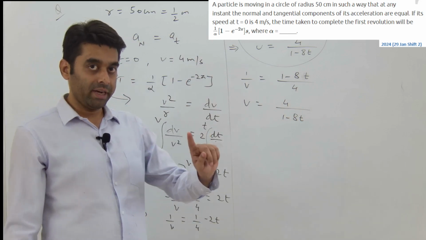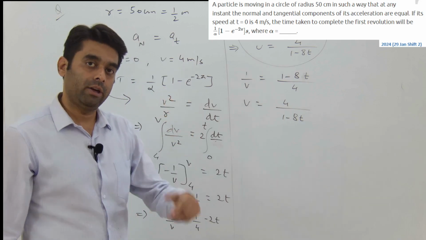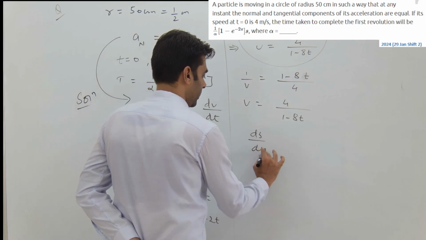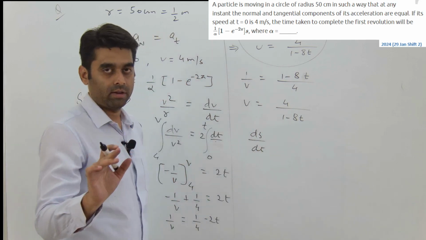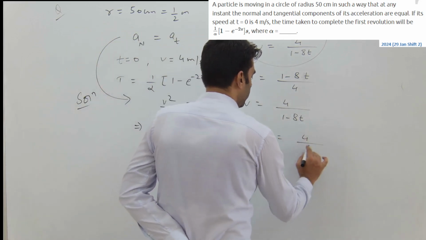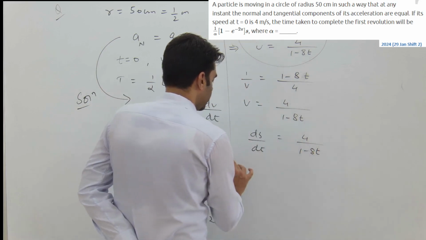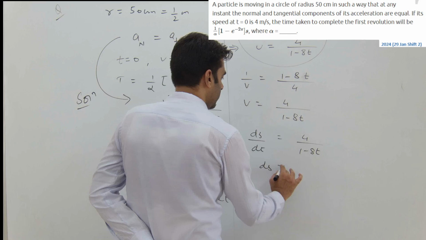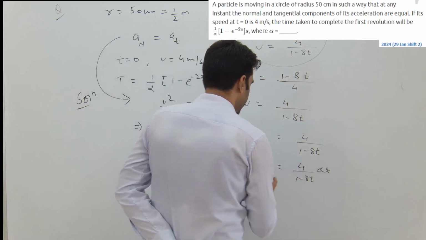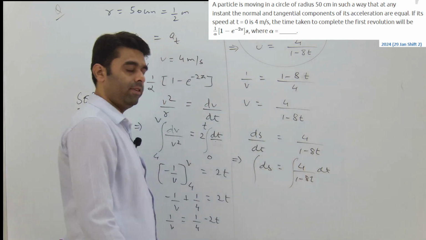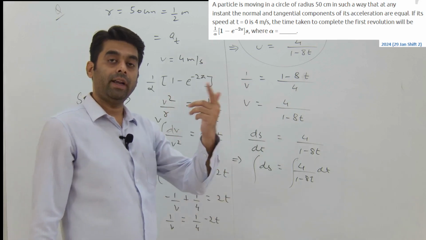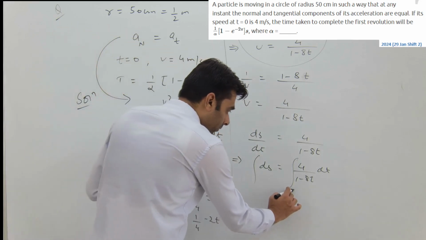We have got speed. Speed can be written as the rate of change of distance, which is ds by dt. I have taken the variable as s. So ds by dt is equal to 4 by 1 minus 8t. Let's rearrange this: ds is equal to 4 by 1 minus 8t into dt. If we integrate this function, integral ds, we are integrating distance from 0